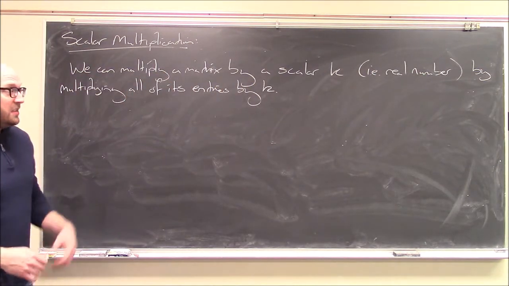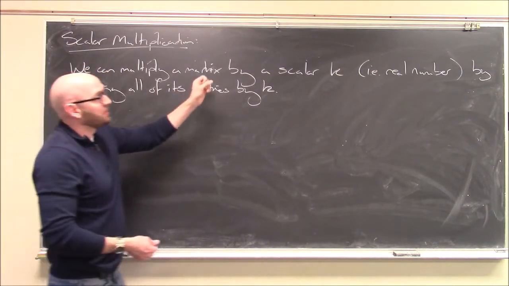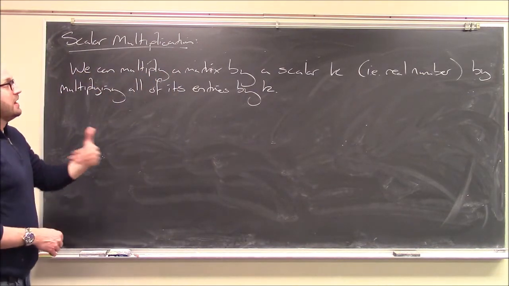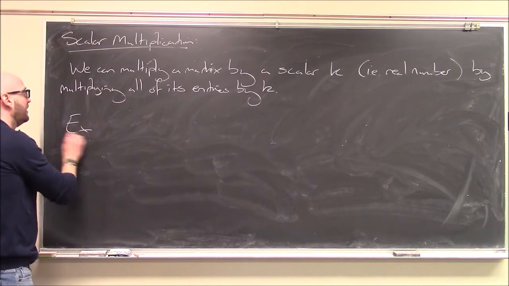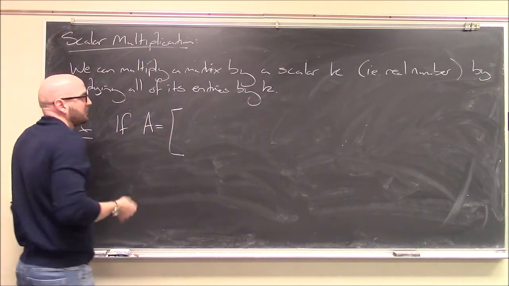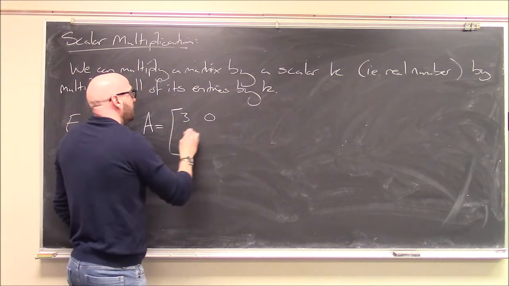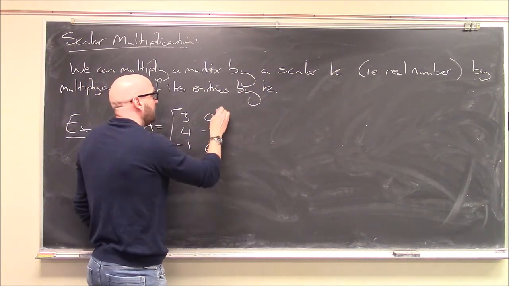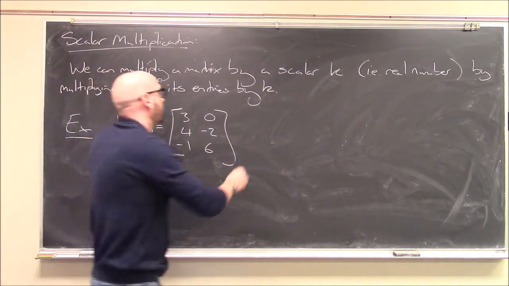So scalar multiplication is taking a matrix and multiplying it by a real number. We can multiply a matrix by a scalar k. By a scalar, I just mean a real number. We can multiply a matrix by a scalar k by multiplying all of its entries by that number k. So pretty easy process. For example, if A is, let's go with 3 by 2, let's call it 3, 0, 4, minus 2, minus 1, and 6. If A is this matrix here, a nice 3 by 2 matrix, then